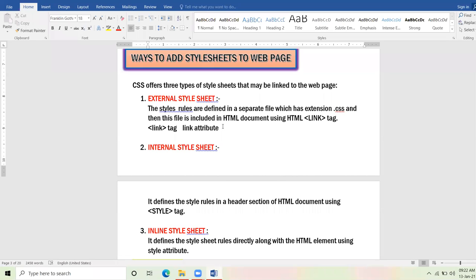Okay. Beta, link tag means a tag with the help of which we create the link between the HTML web page and the CSS page. And link attribute means the attribute of the body tag which specifies the color of the link that we are using, the color of the hyperlink. Am I clear, 10th class? The difference between link tag and link attribute?